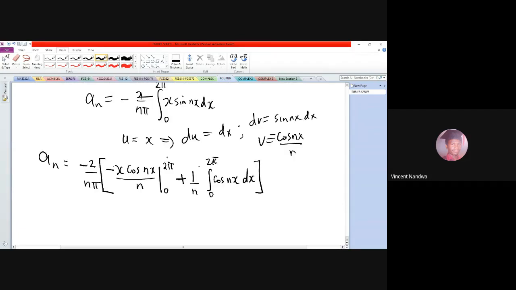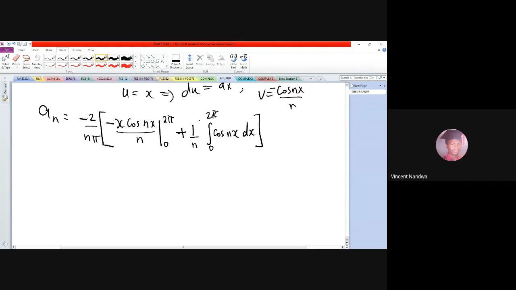So this means, when you put in x equals 2 pi, this is the same as cosine of multiples of 360, and cosine of 360 is 1. So we'll have 1, and then when you put in 0, the lower limit, this just gives us minus